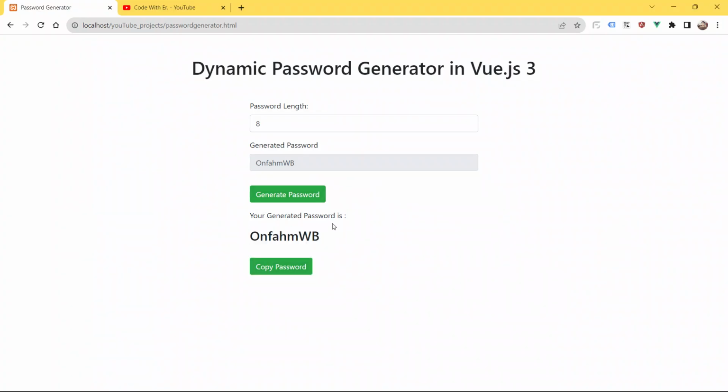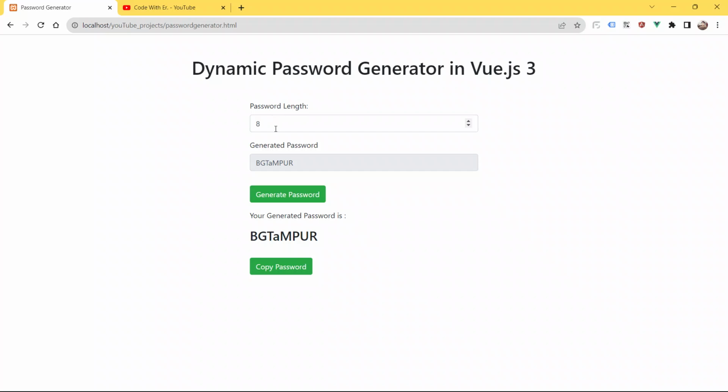Okay, now again click the button generate password to generate the password. See, now you can see guys here the length of the password is 8. Okay, so 2, 4, 6 and 8, and as of now by default the length is 8. Okay, you can see here password length. You can increase the length, you can decrease the length also.